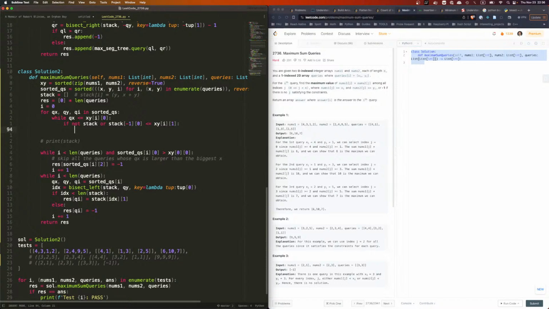So y is bigger, so this is the chance. So we can add, but before we add, we have to make sure that x plus y is decreasing. So while stack and stack[-1][1] is smaller or equal to